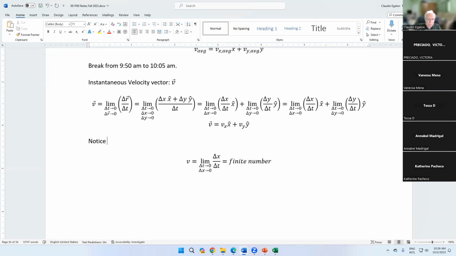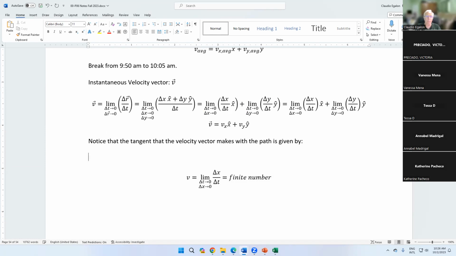Note that the tangent that the velocity vector makes with the path is given by